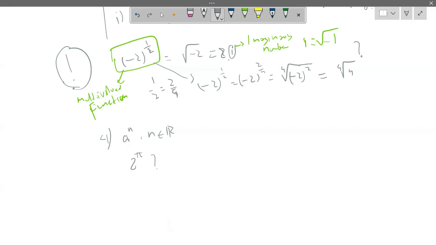How do we do this? Certainly, pi is equal to 3.1415... and we know that pi is an irrational number, meaning that its decimal representation does not terminate,